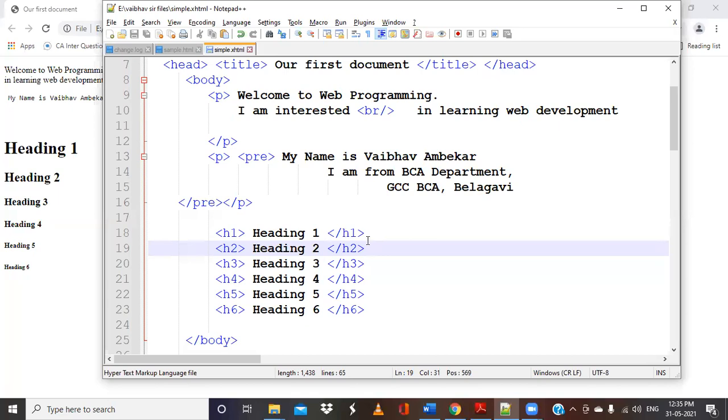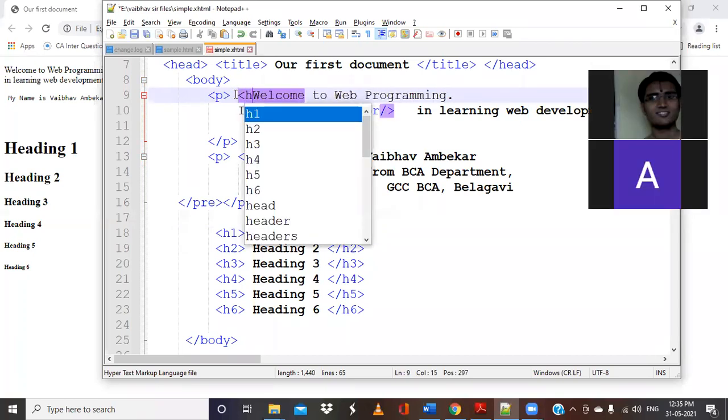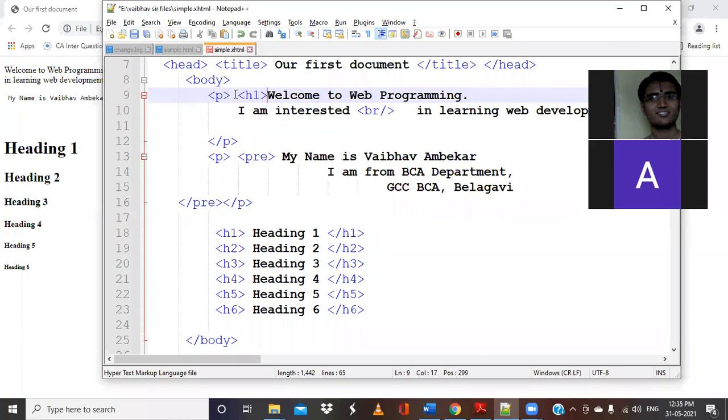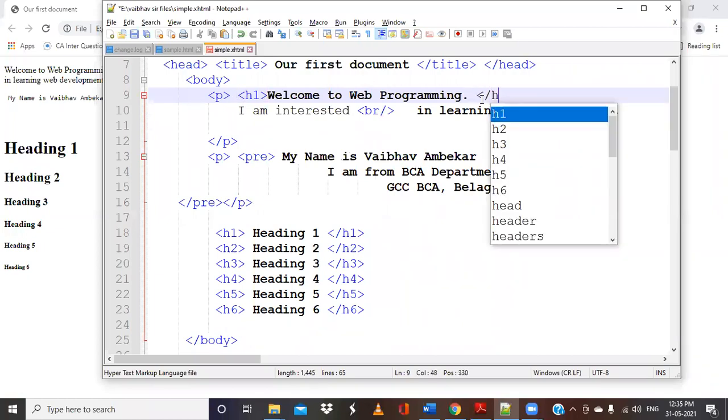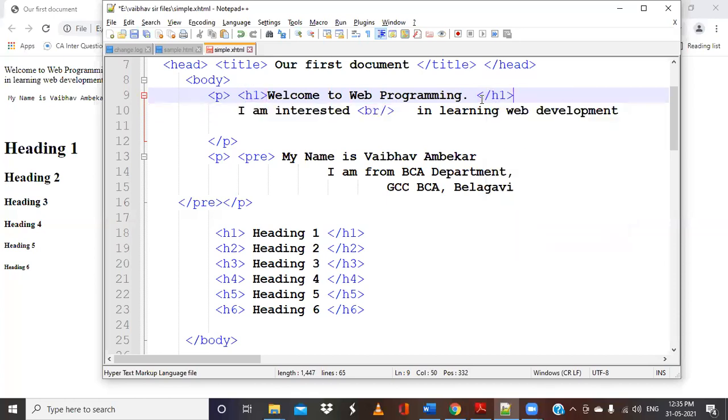So you can use it for others as well. If I want to make it something like this, I can put this in H1 and close it here. I will save this.